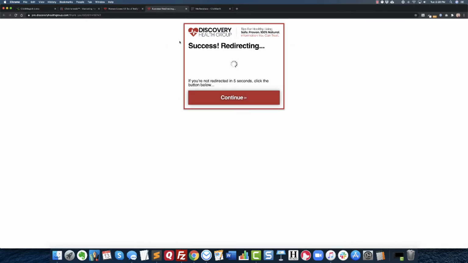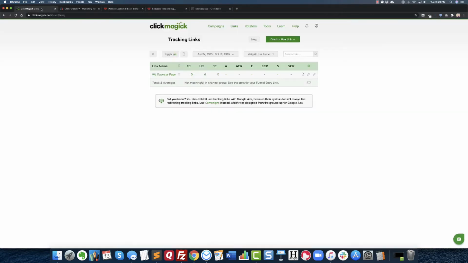But I want to use this page so that I can fire conversion pixels, so I know when I get email opt-ins. So I let this sit for 5 seconds, and then I redirect them over to the offer. But I've got to have a link in ClickMagick associated with my offer that I can send them to from here,